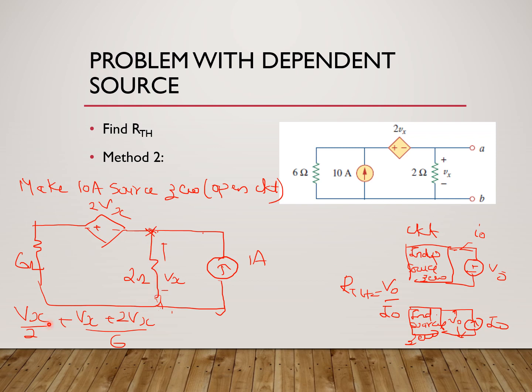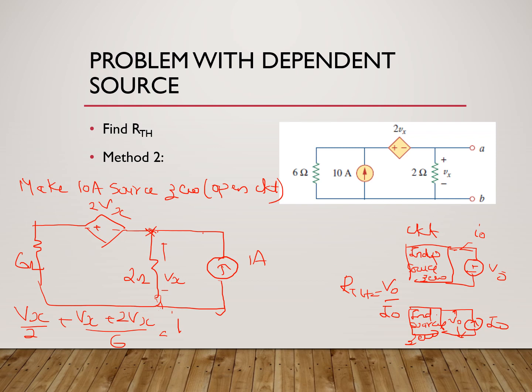Current through the 2 ohm resistor is Vx by 2. Current through the 6 ohm resistor is Vx plus 2Vx divided by 6. These are the currents which are leaving the node, and the current which is entering the node is equal to